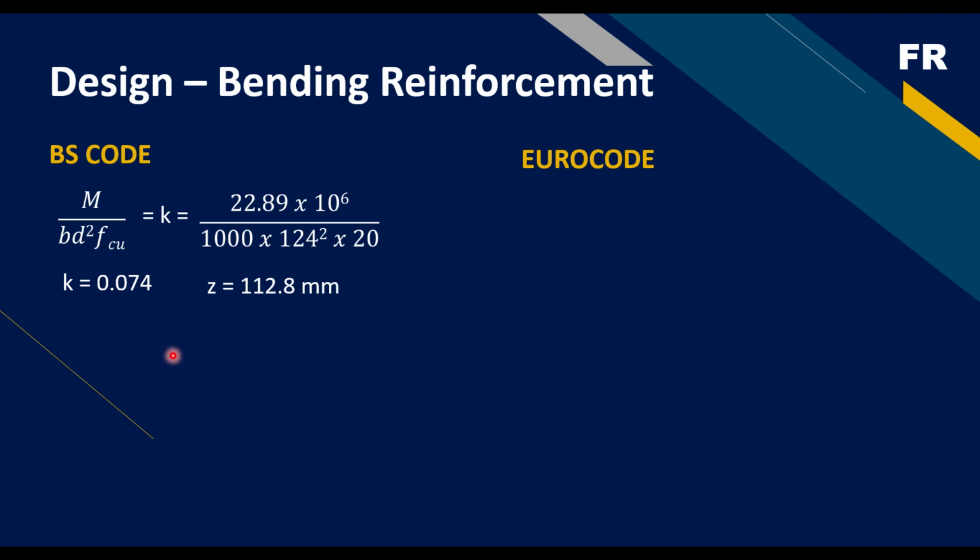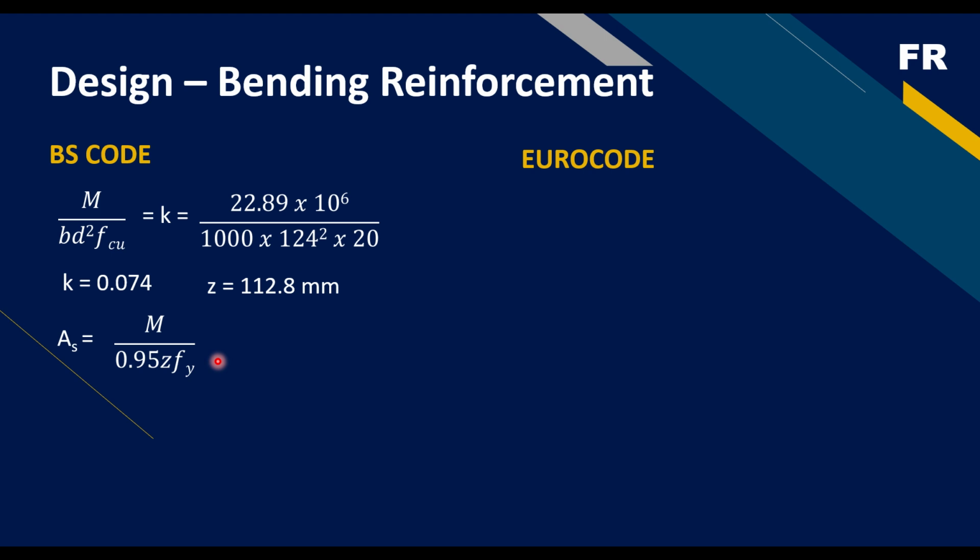If you want to see all that, you can check the Eurocode or you can take the course that I recommended for you earlier in this video. Then here we can calculate the area of reinforcement once we know our Z. So the formula according to the BS code is M over 0.95 zfy. M is the design moment, Z is the lever arm that we calculate,